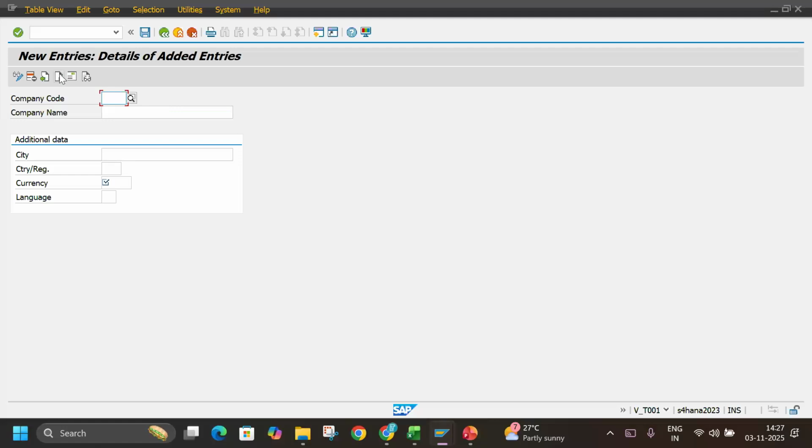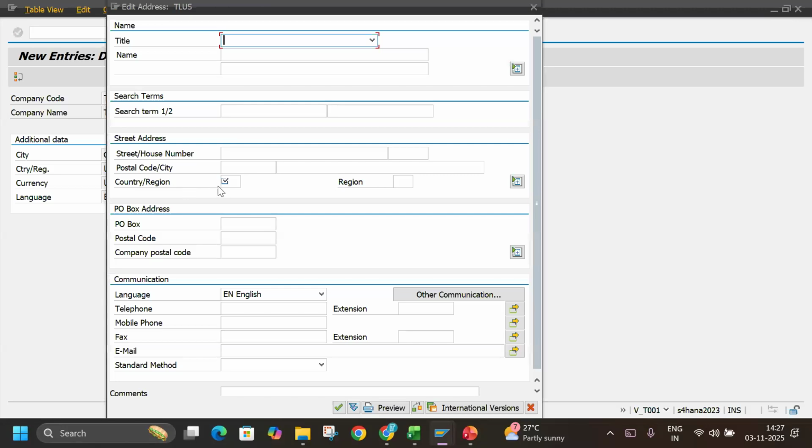Click on this, TLUS. So this restricts only 4 characters. This is Tech Labs US, United States. So city I will maintain California. Country is US. Currency USD. And language is EN itself. Enter and save. If you want to maintain address here, click on this address and you can maintain Tech Labs